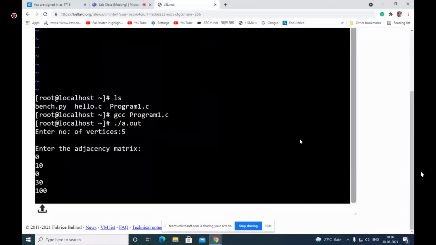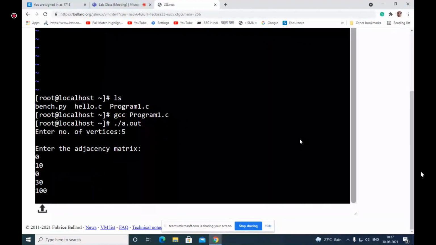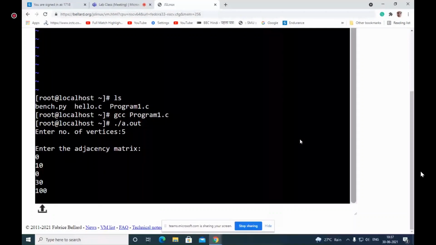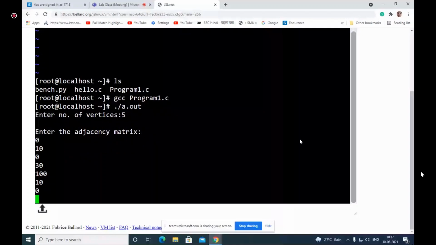Now if you move to the next row, it is 1 to 0. 1 to 0 is again 10. So 1 to 0 is 10, then 1 to 1 is 0, then 1 to 2 is 50. Then 1 to 3 is 0, then 1 to 4 is 0.